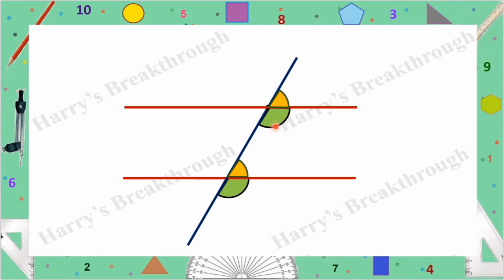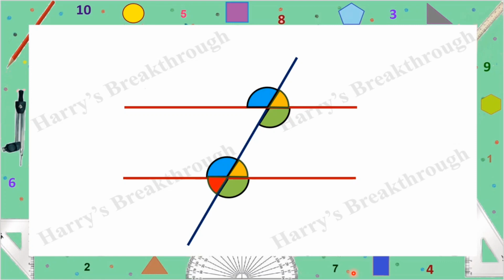Here, right? Here you can see these two angles are at the right side of the slanted line and below the horizontal lines. So these are also similar positions. And the next one is here, which will be the angle at similar position with this blue angle? It will be here. So these two blue angles are at the left side of the slanted line and above the horizontal lines. This is also similar in position.